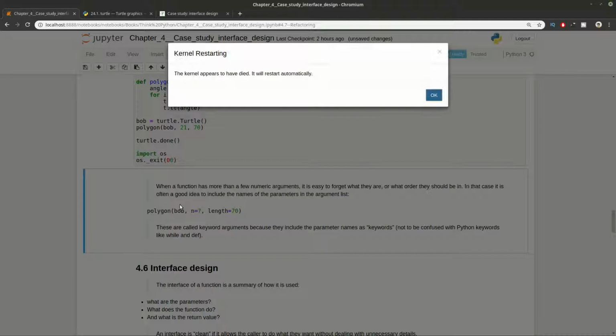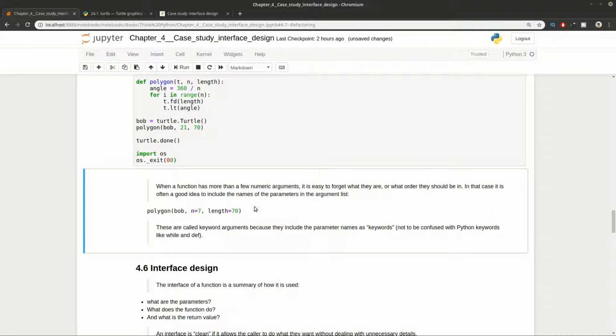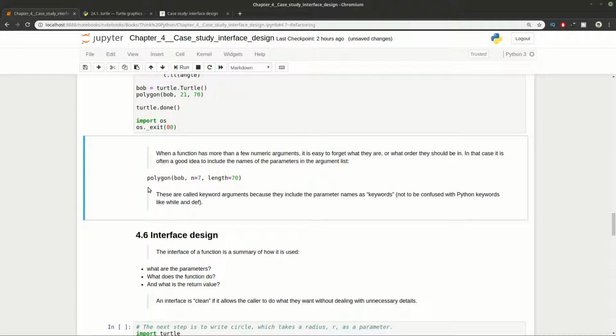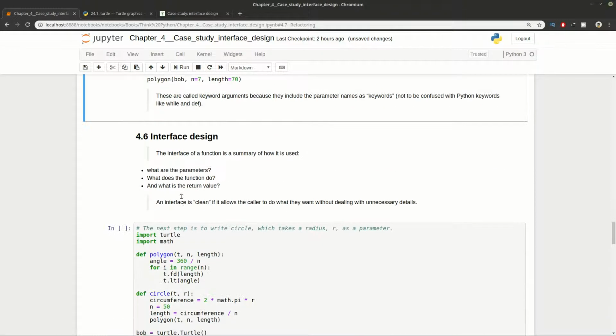And here we can say two things, for example, that there are keyword arguments which can be used when you call a function, and this is going to help you to remember what the parameter is and what the usage of it is. So this is something like a best practice in programming. It's just a recommendation, but I think that you're going to benefit from it.